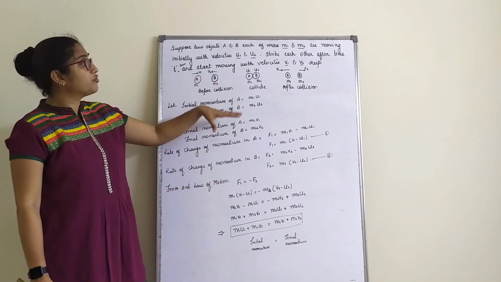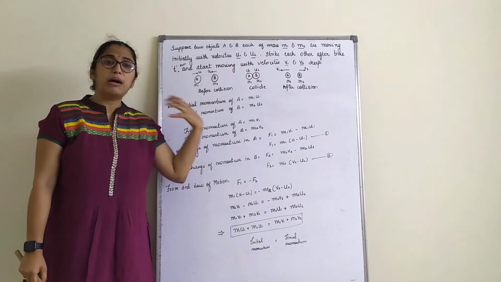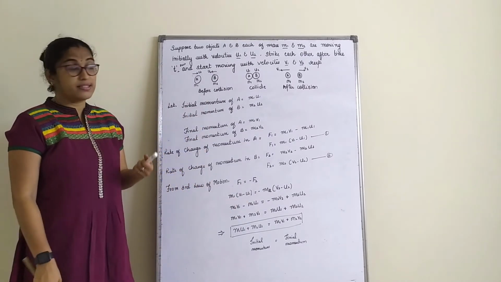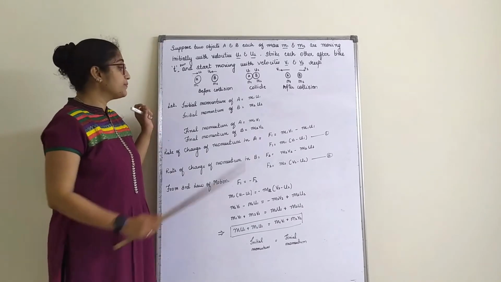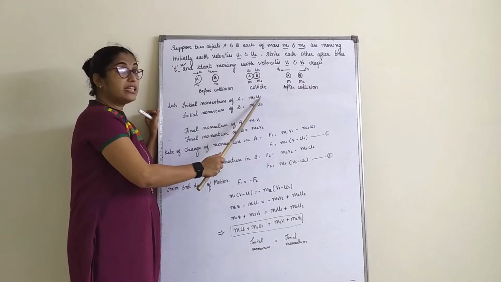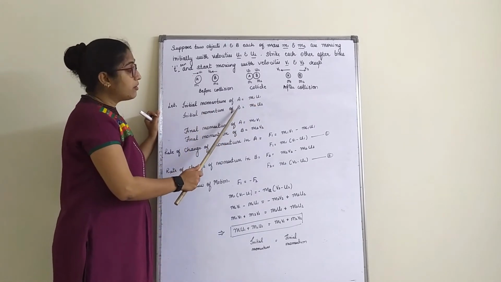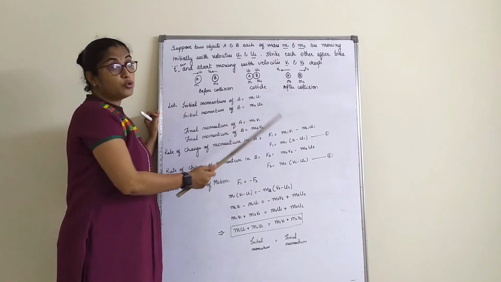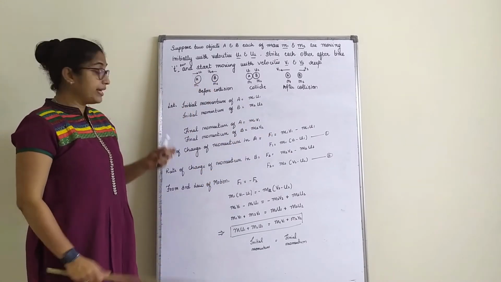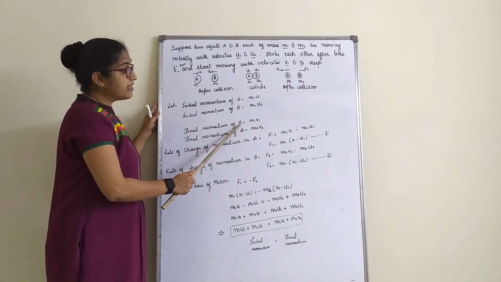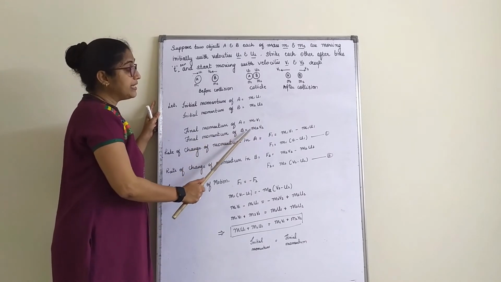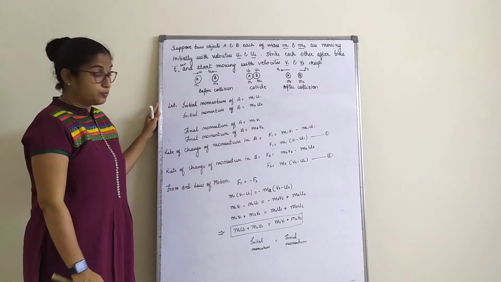If you just go on writing what you have written here about momentum, you come to a conclusion neatly. But you have to practice it, not orally, but by writing it. Initial momentum of an object A is given by m1 u1. Initial momentum of object B is given by m2 u2. Now for both A and B, we will write initial momentum, right? Final momentum of A is given by m1 v1 and final momentum of B is given by m2 v2.